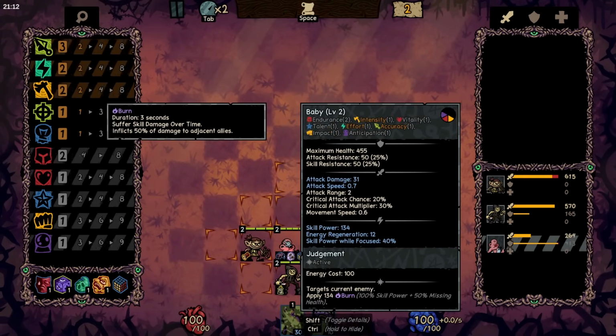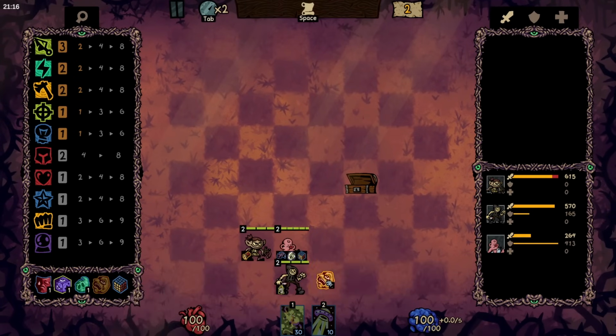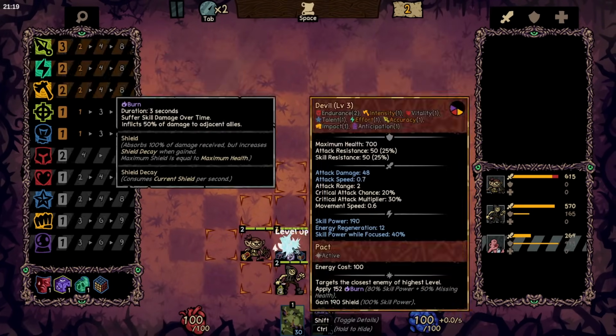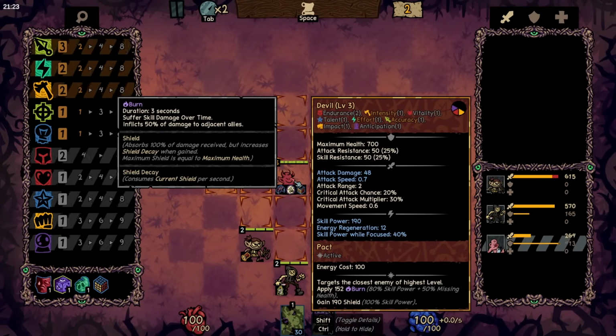And as far as having a powerful skill goes, I think we get the potential on the baby. Let's realize the full potential of the baby. And what do we have? It's a devil. A devil baby. Oh no. Alright,